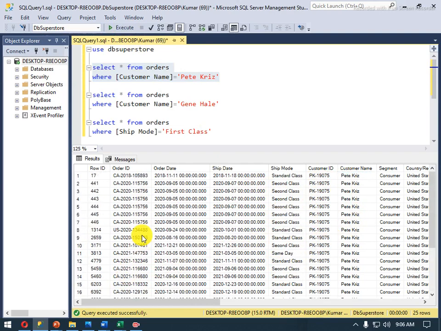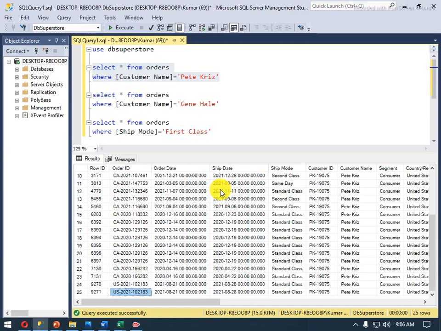So what happened is that SQL Server goes through each and every row. This record is coming from row number 9271. I told you that the records are nearly 10,000, 9,994, near about this.